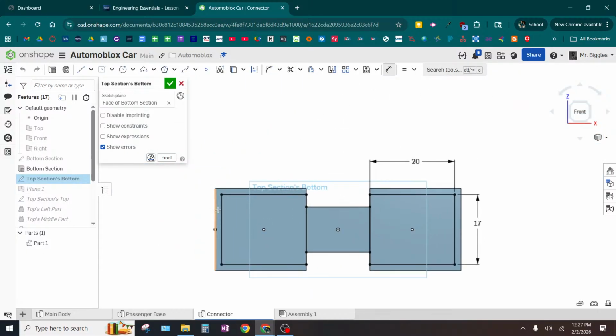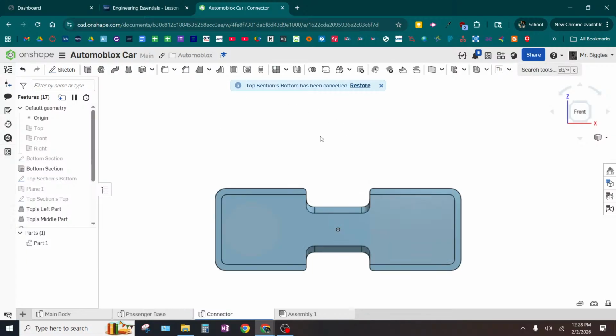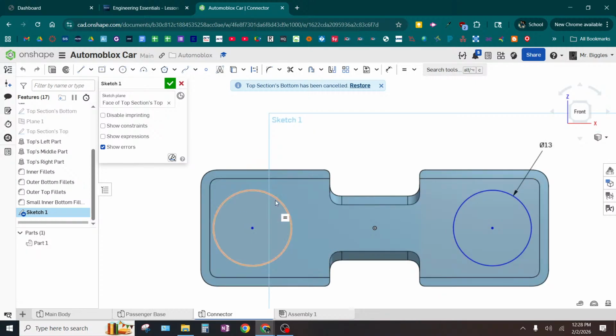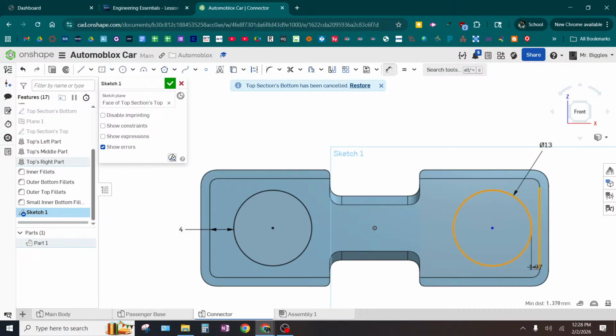In fact, let me get the dimension tool. And it is, because I did a good job measuring. But in theory, it should be the same, right? Because it should fit perfectly in there. And so, because I know that they're the same size, I actually can dimension it the exact same way that I did on that passenger section wood piece. I can make this 4 and this 4. The only risk with doing this is,